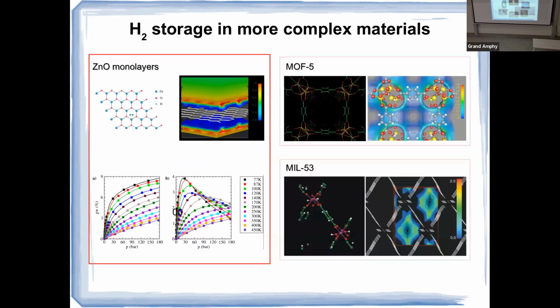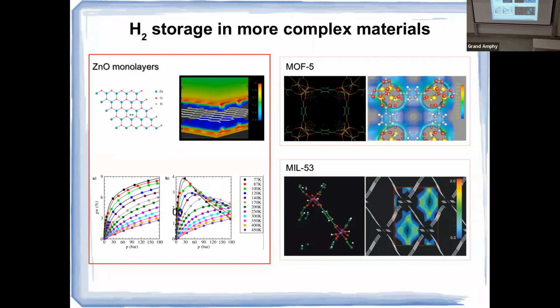I also want to give you a glimpse of what happens if we use non-carbonaceous materials. This is, for example, a graphene-like sheet that is composed of zinc and oxygen atoms alternating, and this change in chemical composition amounts to increasing the binding energy by 50%. So in principle, you can also compute the densities to know where the main absorption sites are, to localize them, to try to rationalize the absorption process.